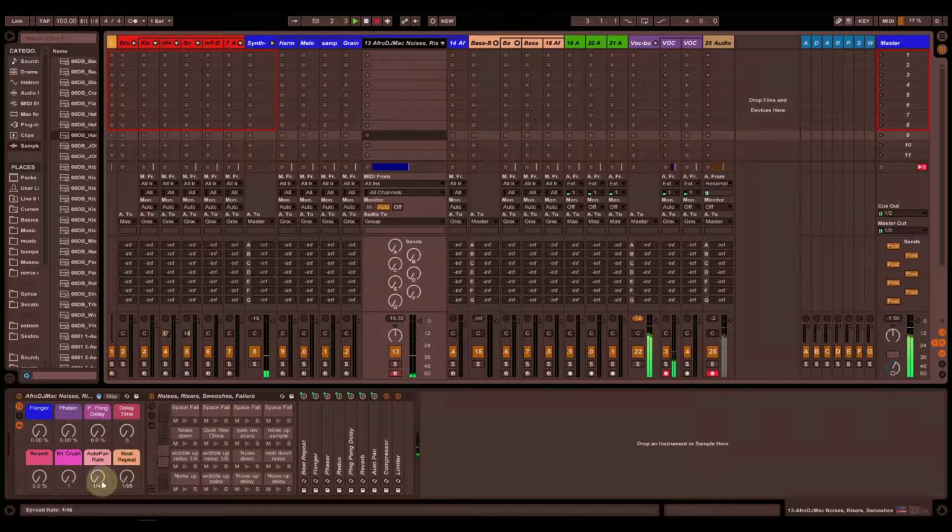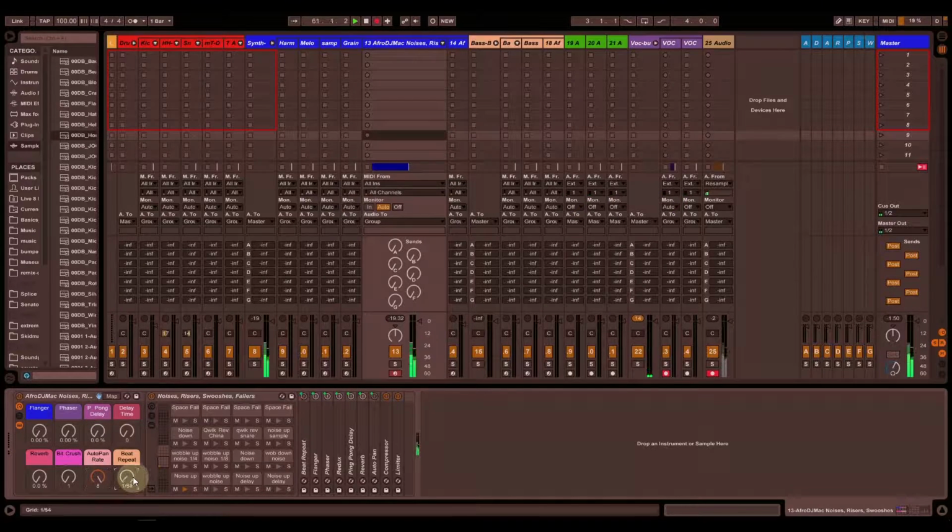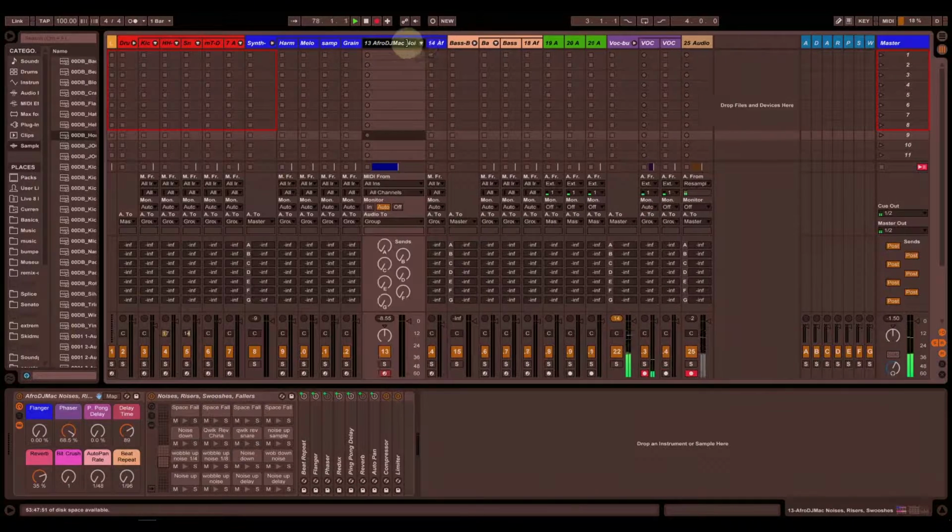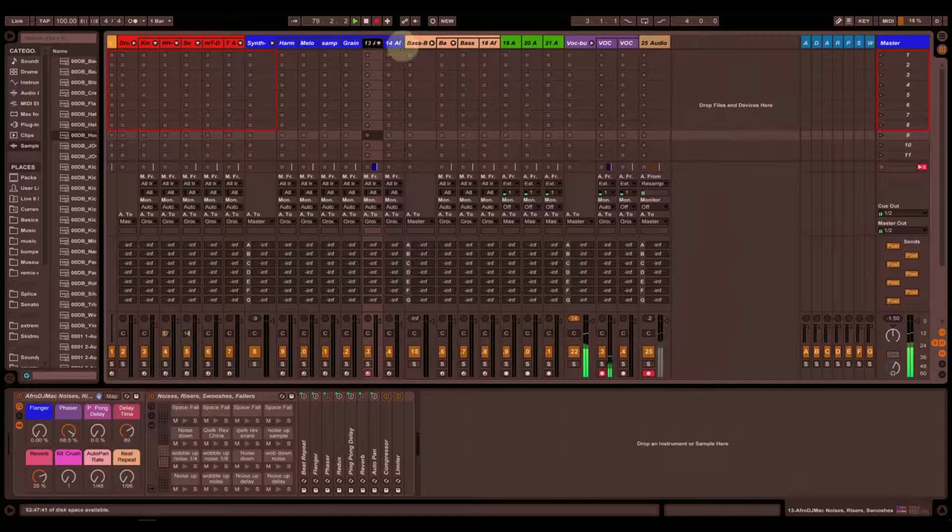But what you didn't get yesterday is when I was playing around with the effects, things such as, as you can see, it's a lot more fun when you can actually hear what's happening with these things. So that is the Afro DJ Mac noises, risers, swooshes. Very cool thing. Get it if you can, because it really helps out with things when you're trying to produce